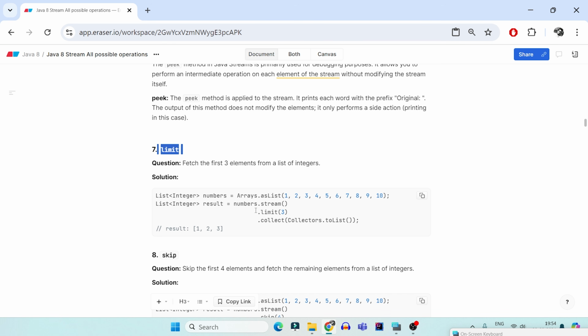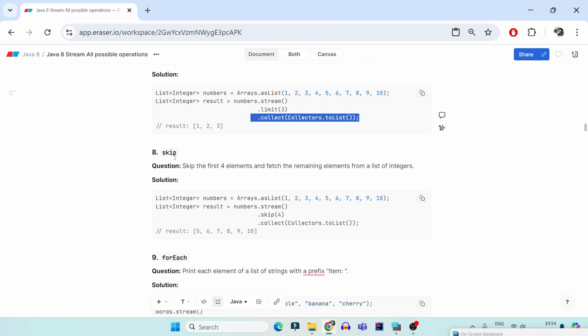So for safety purposes, while streaming all those users, I can limit that to give me only 10,000 active users at a time. So this is how, in real time, you can limit your output on the result. So for example, I need to fetch only the first 3 items in the list of arrays. You can limit with 3 and then collect to the list.